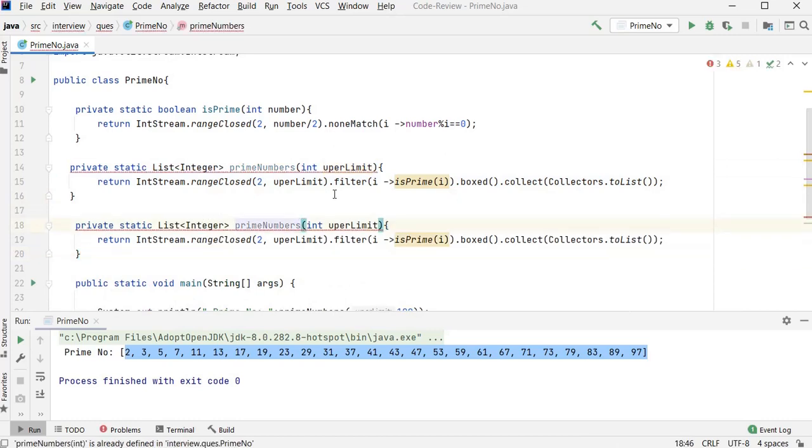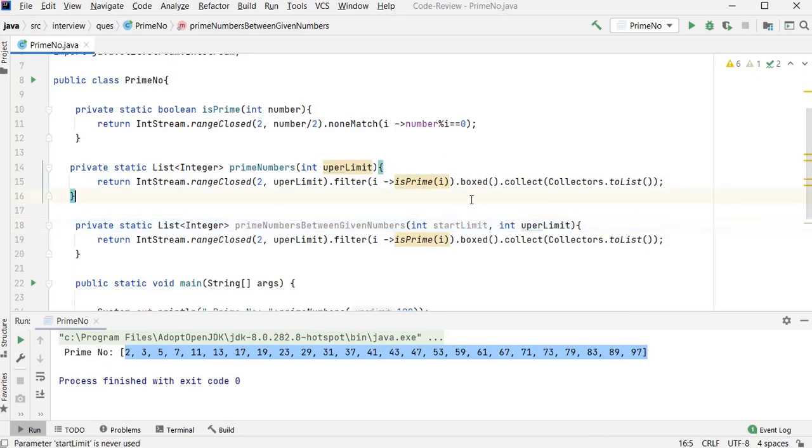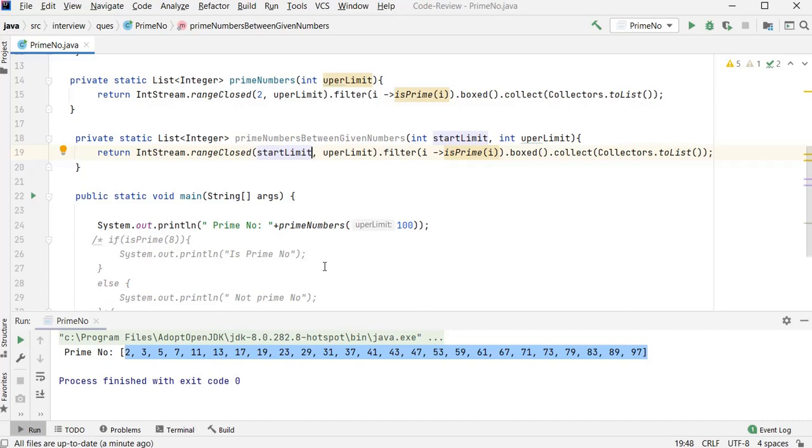Here I'll change the name of the method to between given numbers, and I add one more int variable inside, the start limit. So I use two variables. Inside that I just need to pass the start in place of 2. Now this method will return the prime numbers.